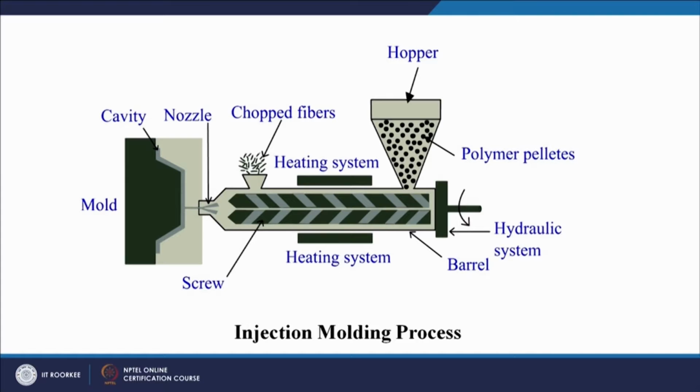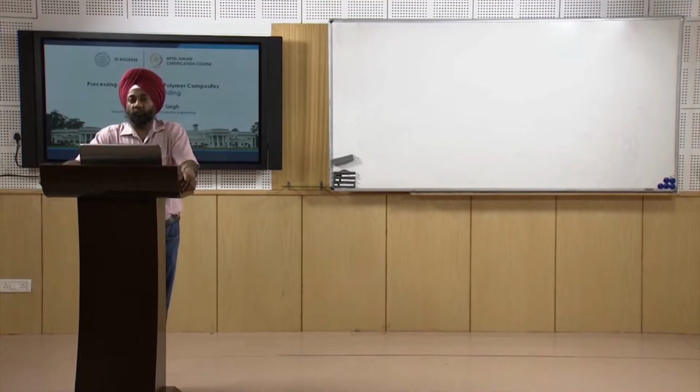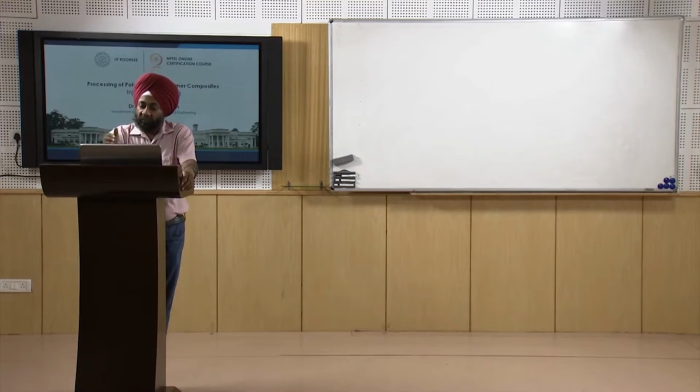So we will have a polymer also, and we will have a fiber also inside the polymer pellet, and it will be introduced directly from the hopper. Now these pre-fabricated pellets will have both fibers and polymer, and when they enter the barrel, the polymer will melt because of the heating system, and this mixture of fibers and polymer will move inside the barrel and be pushed into the mold cavity by the screw or a piston cylinder arrangement. So that kind of flexibility is also available, in which the fiber laden pellets are already available from the market.